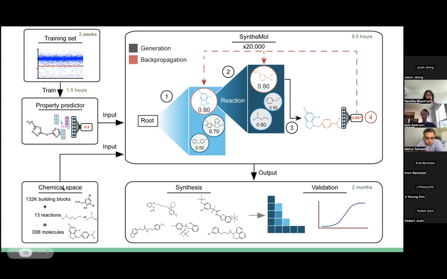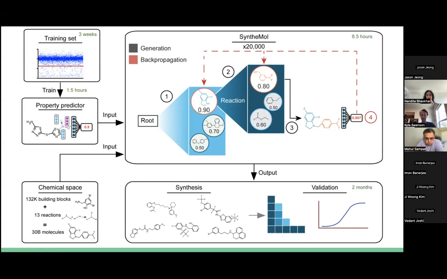But the idea here is that we want a chemical space where we have a collection of these small molecular building blocks that are on the shelf. We also want to have some easy to run chemical reactions. And then when you combine those things together, that'll give you an actually really large chemical space of potential molecules